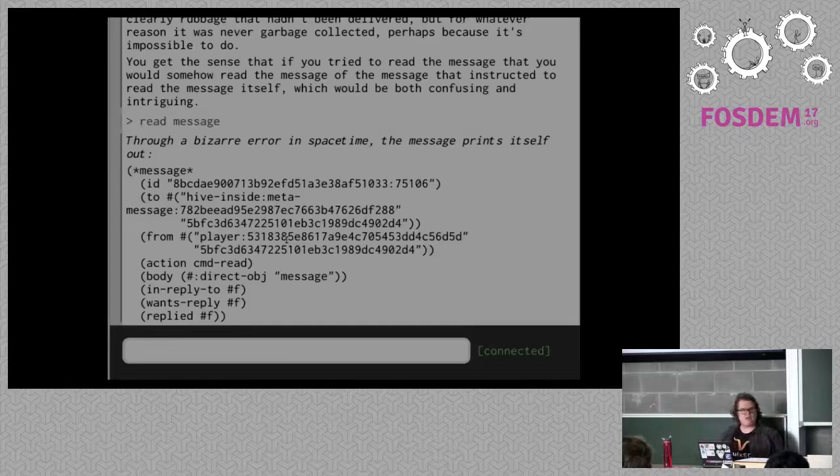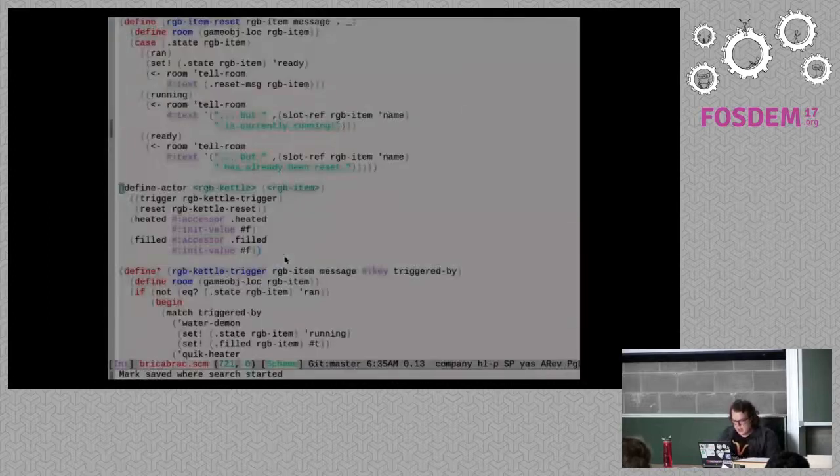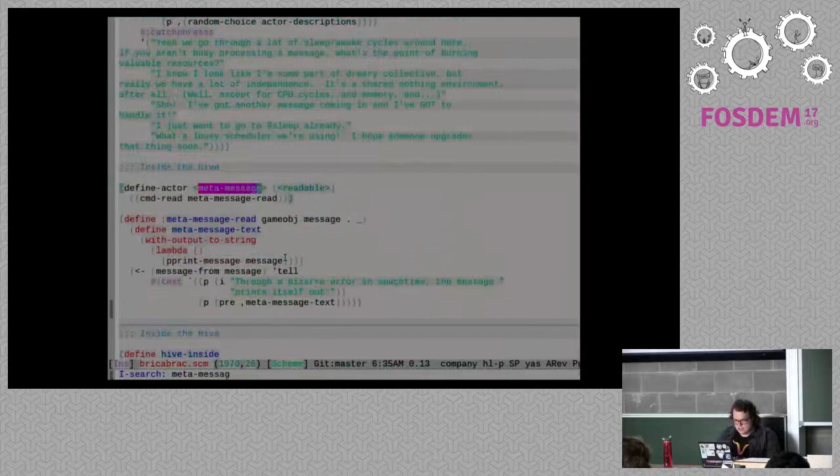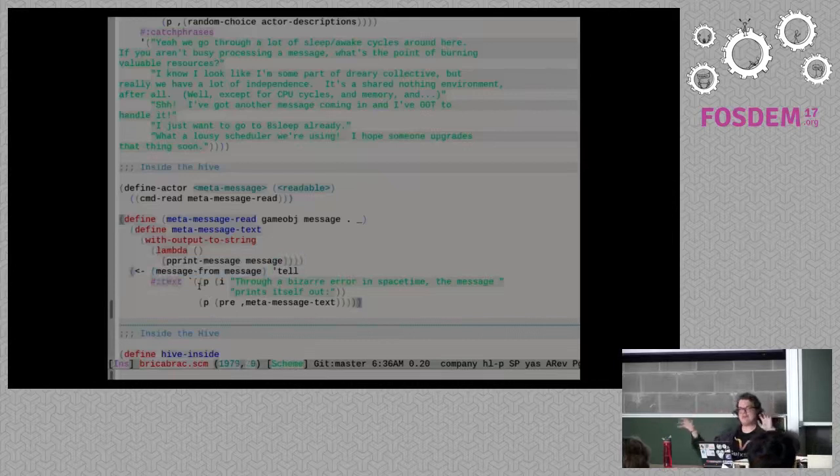So it has this action, which says that it wants to read it, and the body of the message. In this case, it was the read thing. So let's take a look at the meta message, which has the meta message read thing. This is how this one actually works. This is the actual handler. You see I set up this command handler for the command read, and the first argument is the actor itself. The second argument is the message, and what it does is send a message to whoever it got it from, which in this case would be the player, telling them this message. And I have this kind of terrible scribe-ish, SXML-ish type system that I've called Scrubble. And that name is as terrible as the system is.